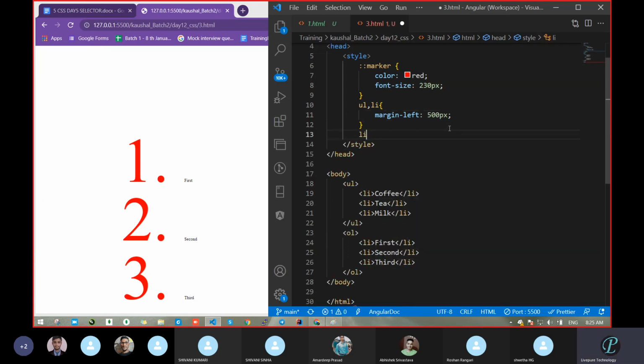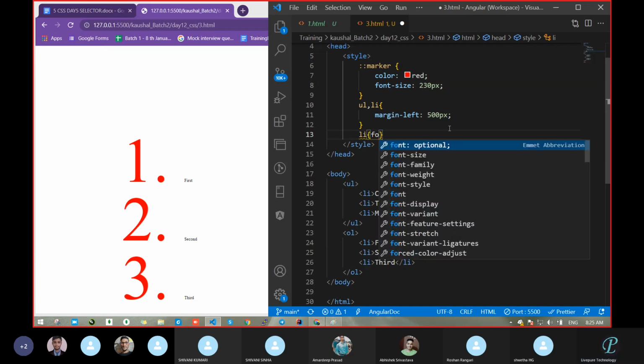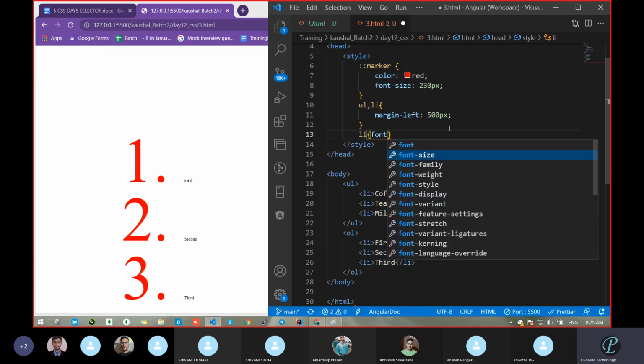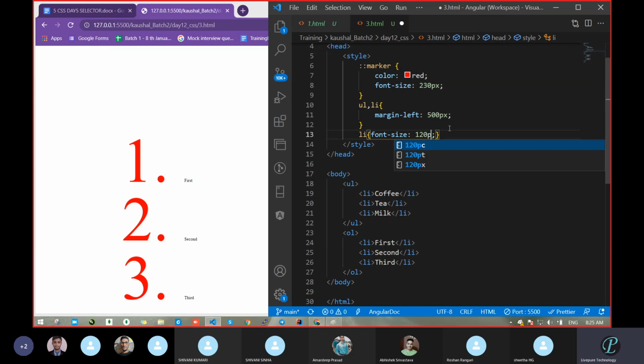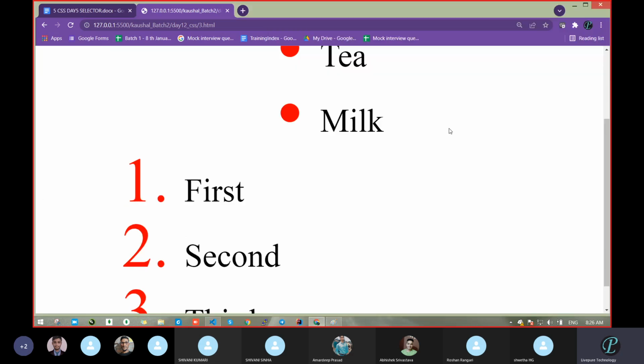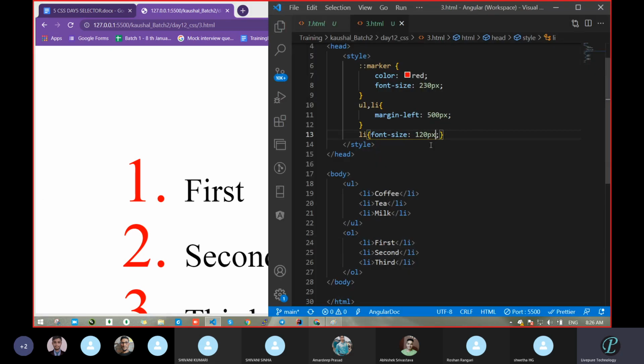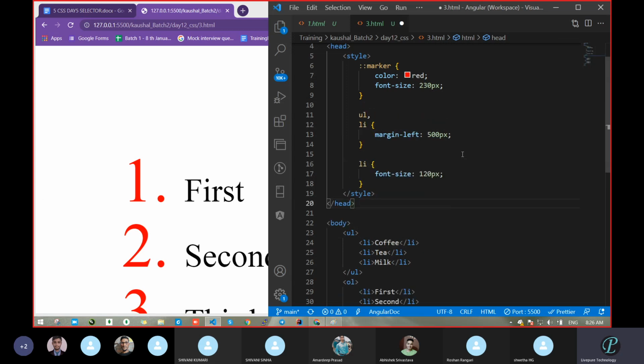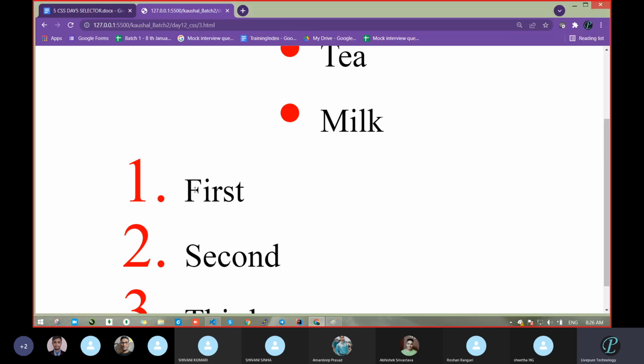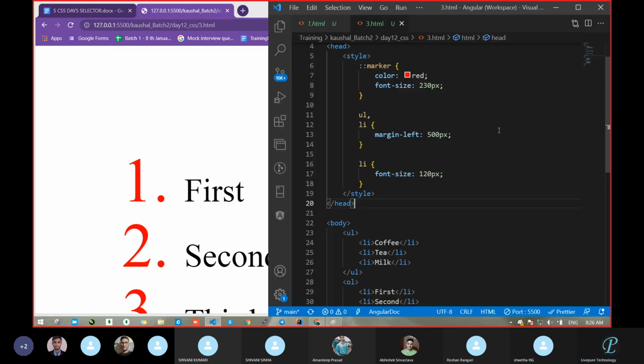So do that. LI, fine, and font size 120 pixel, save. We increased that one because that is the particular font. But maybe somebody will think why we are not increasing it with the help of font only. Because that is not the font. When we increase the font, this font will work, not this one.